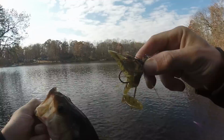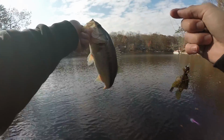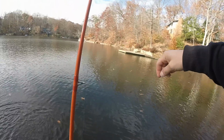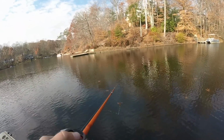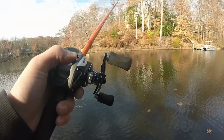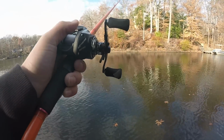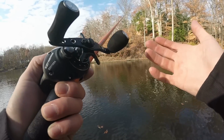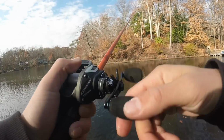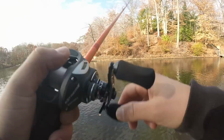Pretty fish. Caught it on this chopper's jig with a small Zoom chunk. Little guy with the Bass Pro reel. See ya, friend. This Bass Pro Shops reel is super smooth too. Cast nice. Doesn't make any noise when you cast it, besides the normal little whine. This is also a 5.3-1, which I'm not really a big fan of. I think that I got this to do some deep cranking with. So it probably reels half as much as the